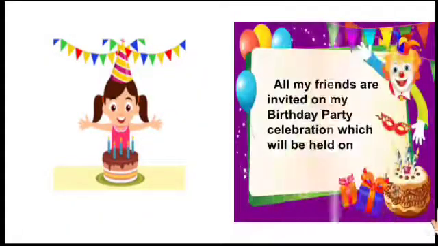Children, she is Leena. Her birthday will arrive soon. So, she made an invitation card for her birthday. So, let's see what she has written in her birthday card. All my friends are invited to my birthday party celebration, which will be held on